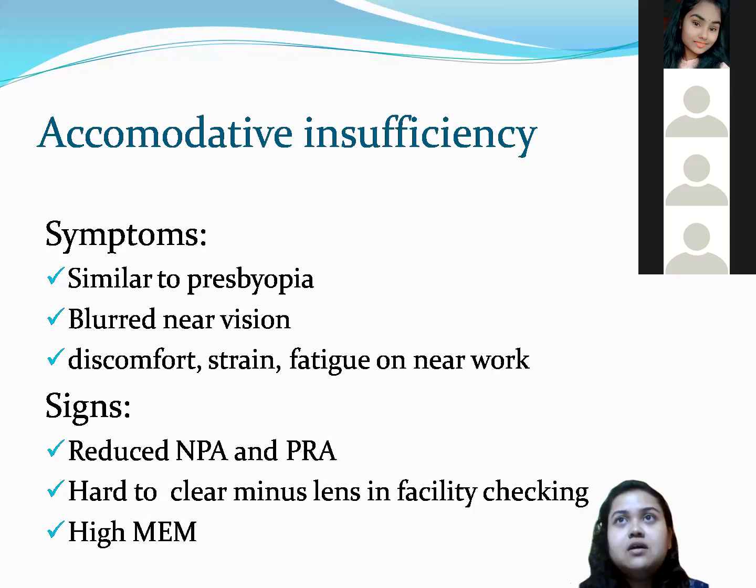So if a 15-year-old child comes to your clinic, what should be the amplitude of accommodation for the patient? Normal amplitude of accommodation for the patient is 18.5 minus 0.3 into age. So suppose the age is 15 years, 0.3 into 15 is 4.5, right? 18.5 minus 4.5, that is 14.5 should be the